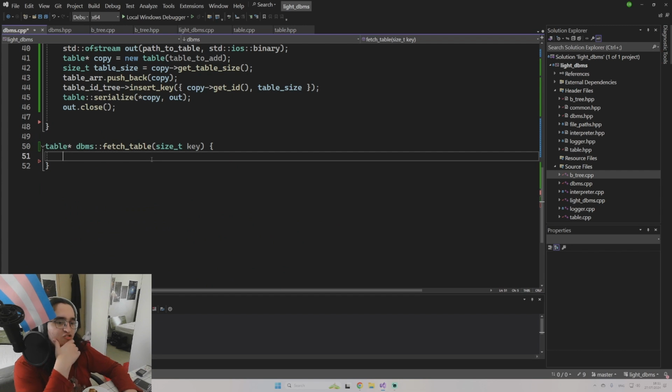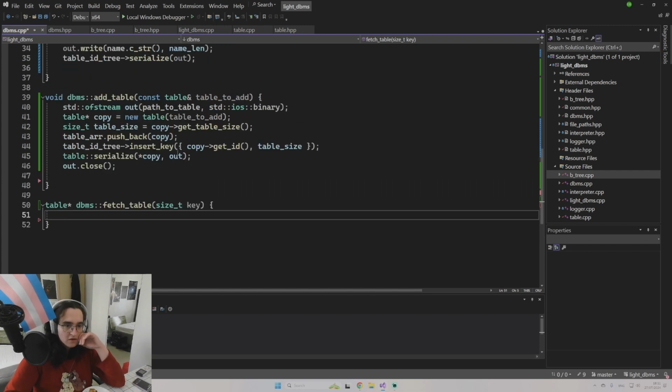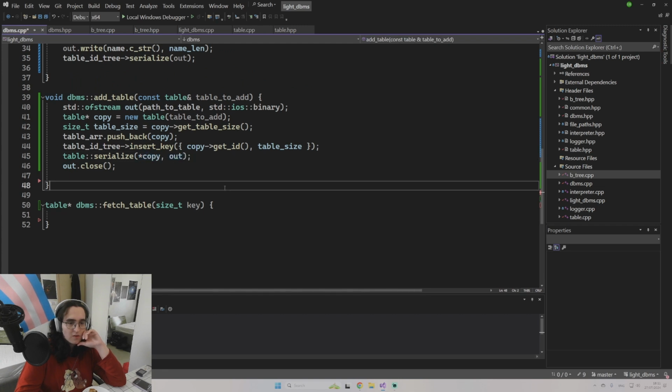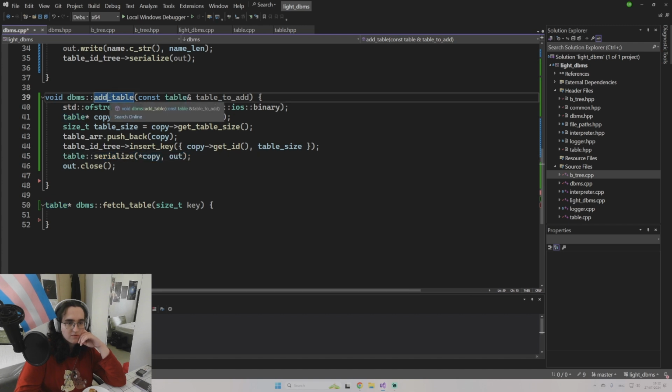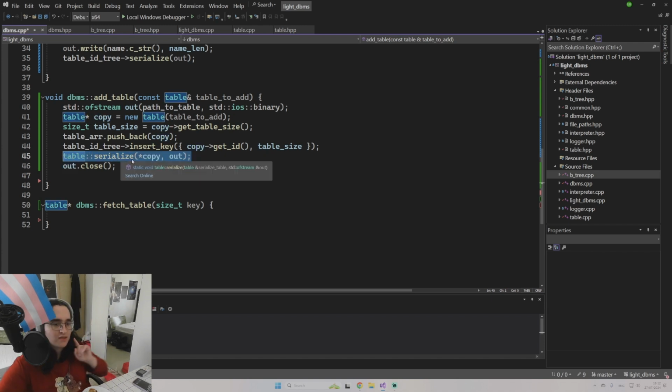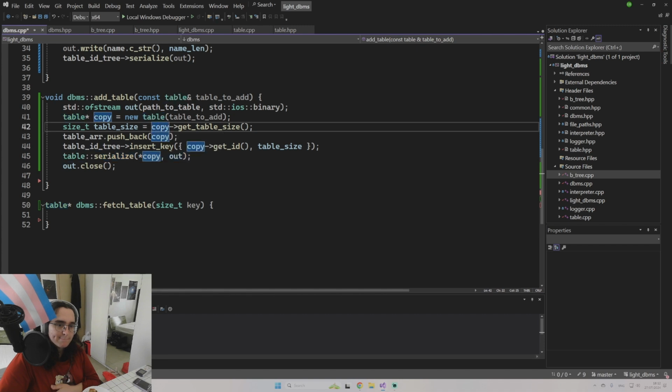DBMS fetch table with a key. Now, the way I'm doing it, when I'm storing tables, currently I store tables by order of adding table, right? Now I think the key is actually changing this one. So insert ID3, insert key, and serialize, right? I want to serialize it by, right. So if I go enough bytes,